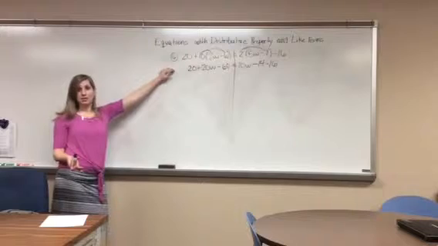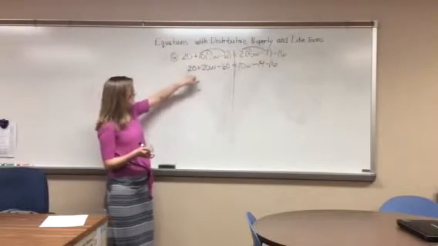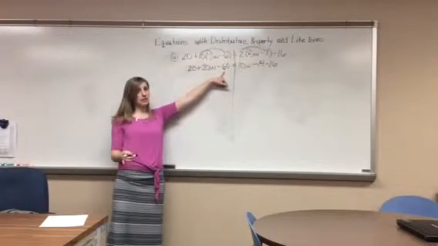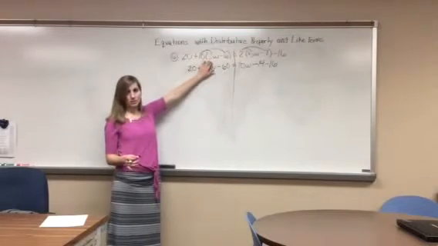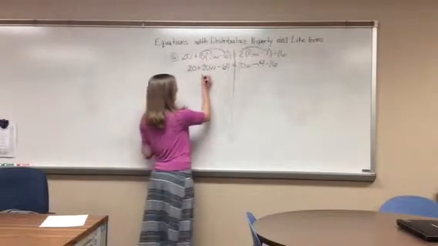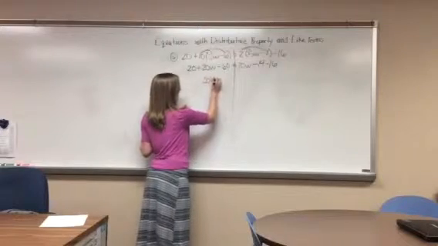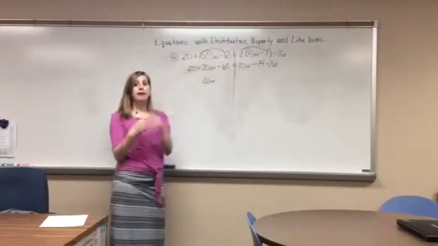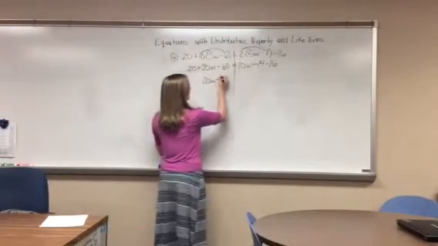We need to combine like terms. On the left-hand side, my 20 and my negative 60, those are the two that are like terms, not the 20w. So the 20w is just going to stay the same. But 20 and negative 60, when I combine those, I get negative 40